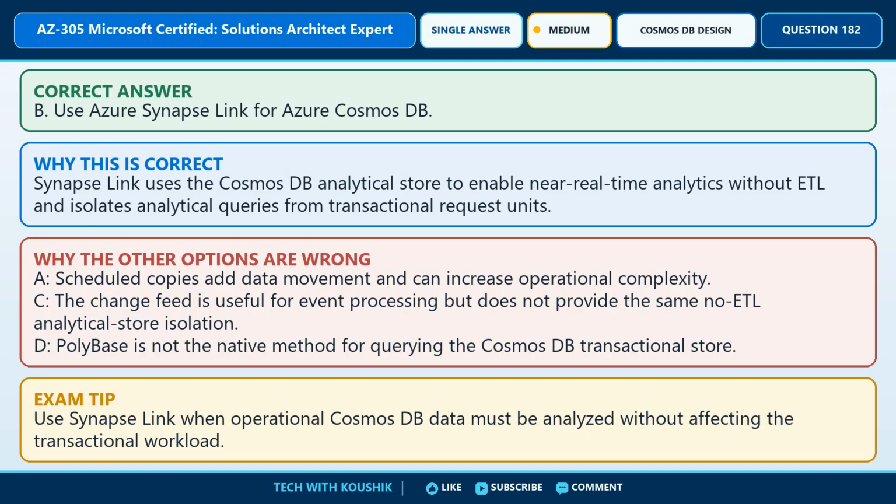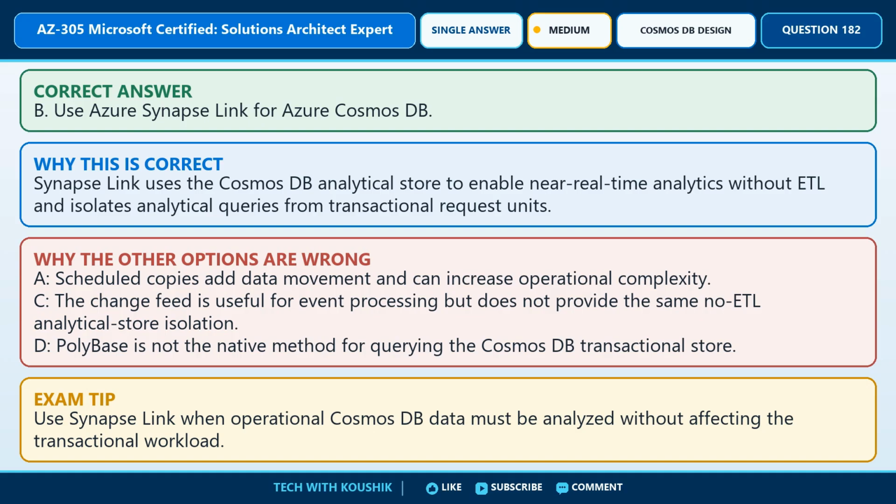In this case, select option B. Use Azure Synapse Link for Azure Cosmos DB. Here is the technical justification. Synapse Link uses the Cosmos DB analytical store to enable near real-time analytics without ETL and isolates analytical queries from transactional request units. The alternatives can be eliminated because